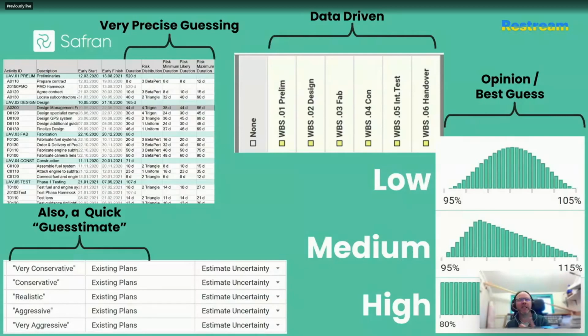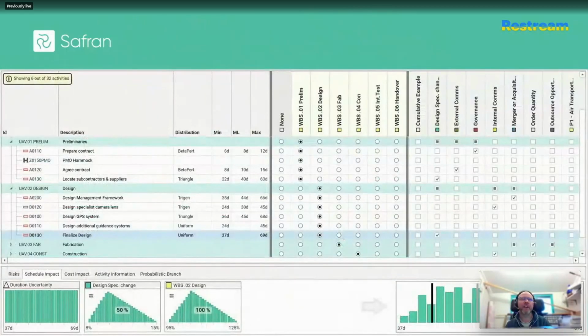Now, that's fine if that's all you have available as a quick gut feel. But in this modern age of readily available data analytics, I'm sensing that organizations are increasingly able to skip the qualitative method and move straight to historical data to inform their risk models. And I've been creating these kind of historical patterns throughout my career. And I know that others in the oil and gas sector and maybe some others also do this routinely anyway. So you can too.